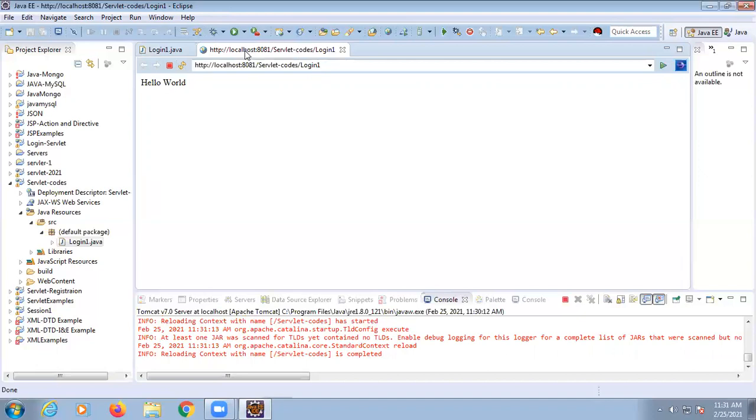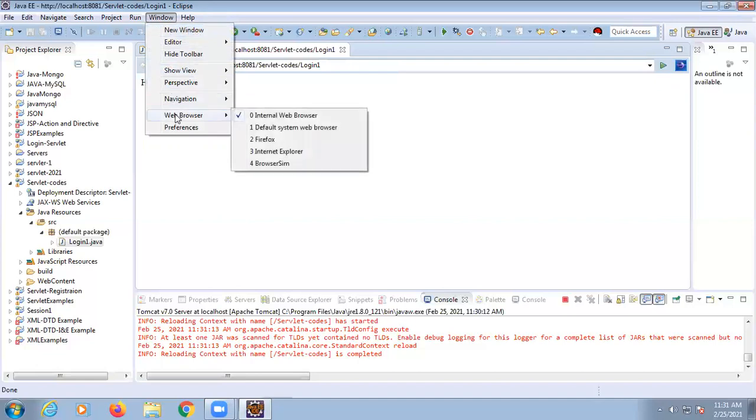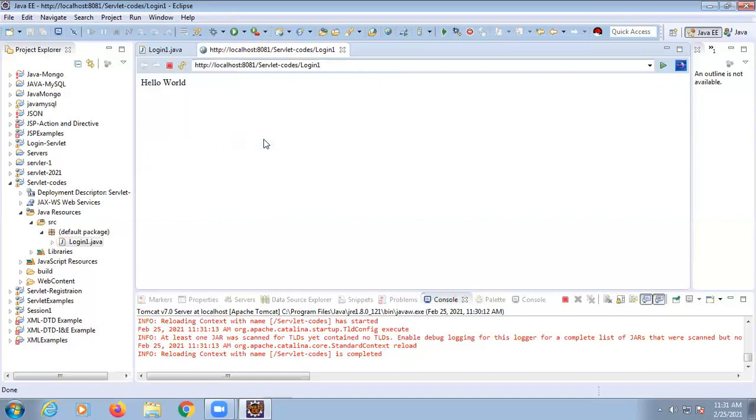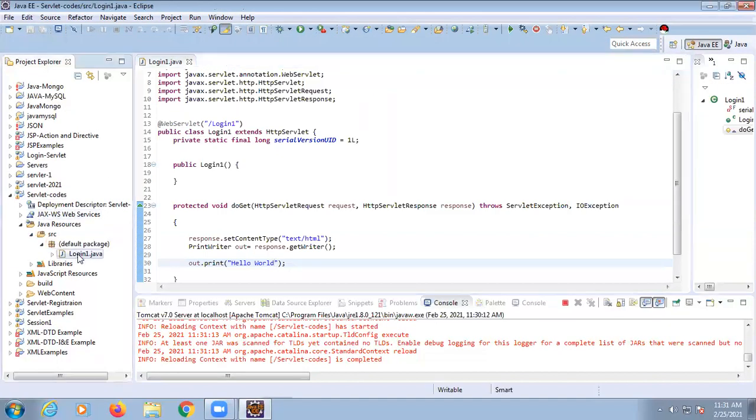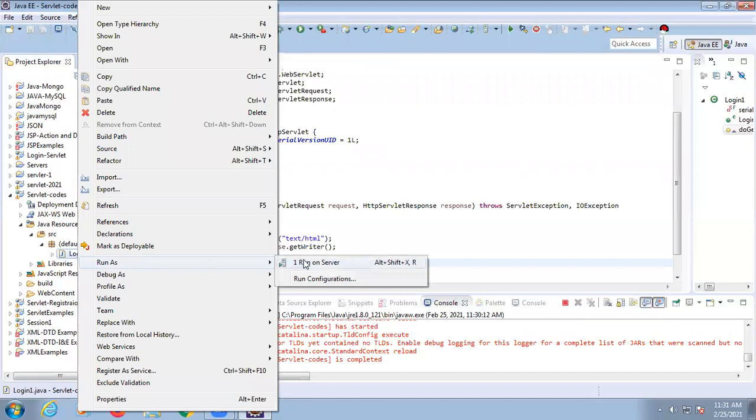Now it is using this internal web browser here. If you want to run your output on an actual web browser, click on Windows, click on Web Browser, as it is using an internal web browser of Eclipse. If you want to show the output on Firefox, select this and close this one, and now right click here and Run As, Run on Server.